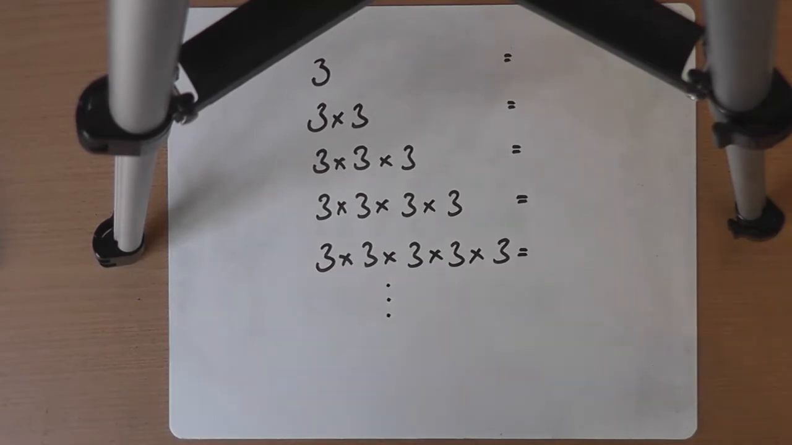Imagine we had this set of questions, so 3, and then 3 times 3, 3 times 3 times 3, 3 times 3 times 3 times 3, 3 times 3 times 3 times 3 times 3, and so on. We could keep this pattern going, adding in an extra times 3 each time. Now I've chosen to do this with 3s. I could have done this with any set of numbers. I could have done this with 2s or 4s or 5s or whatever, but I've chosen 3s for this set